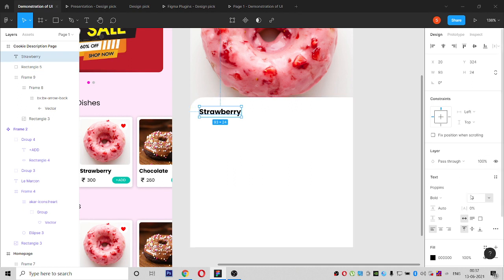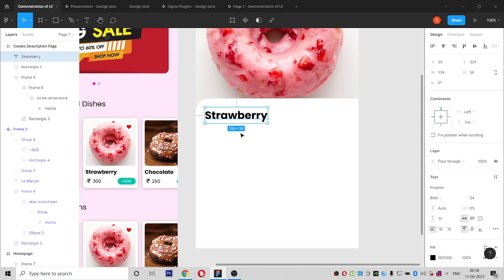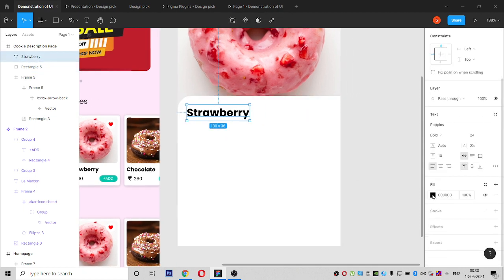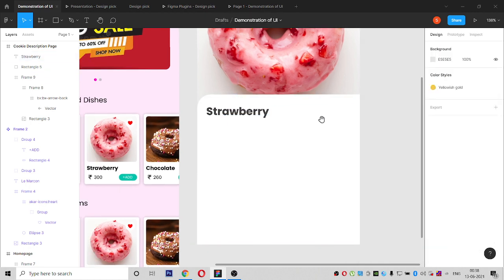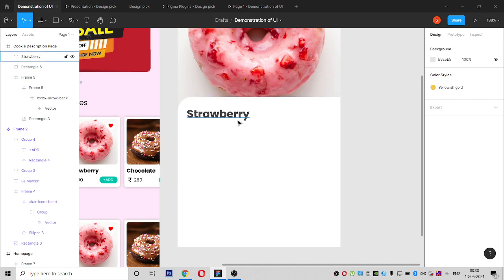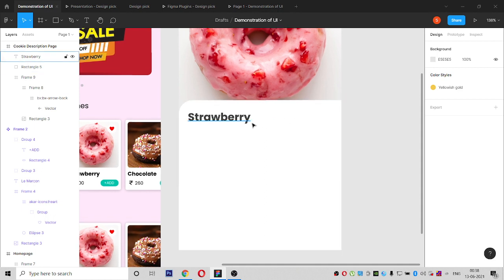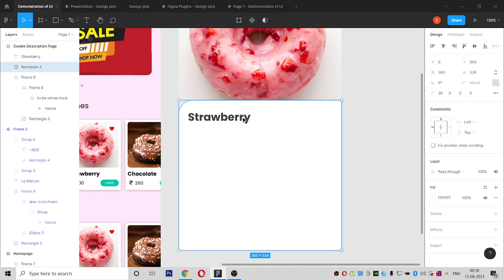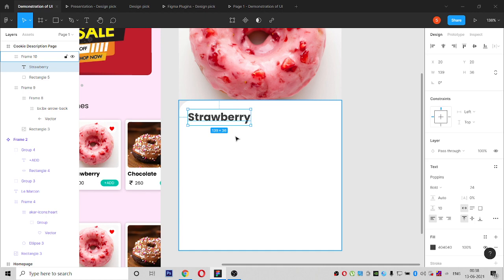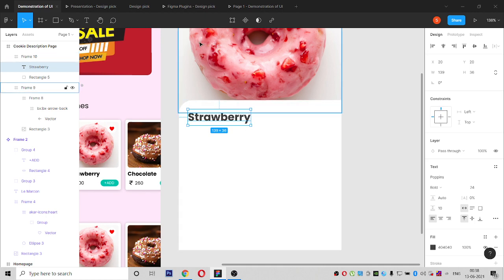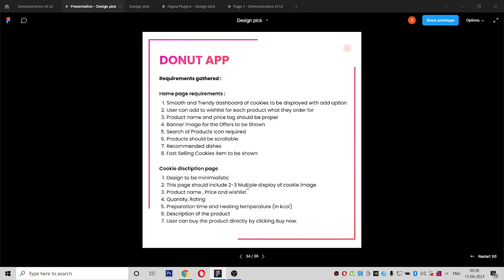Or since it is a header and if you want to make it very stylish, we can make it 24 and make this some gray. We have successfully given the product name, and we will make it in a frame, and see what other things we have to gather.